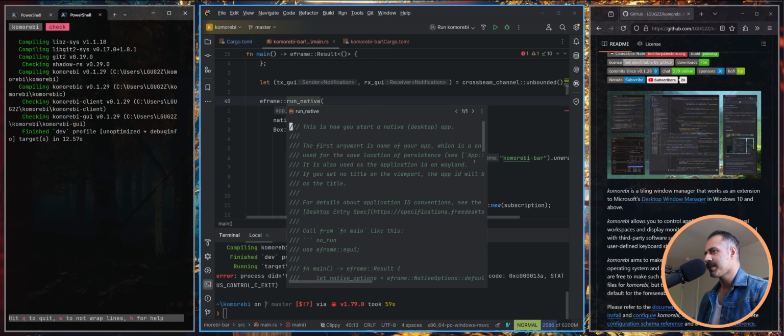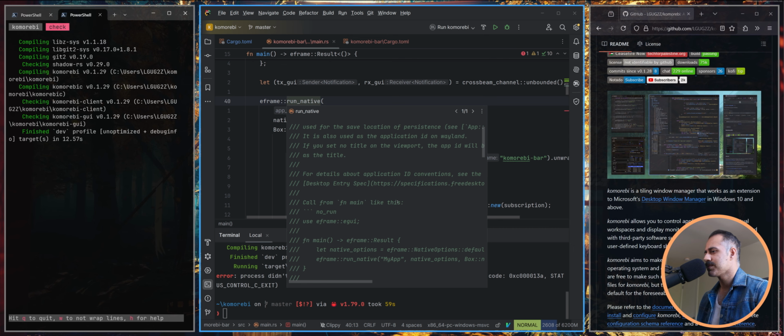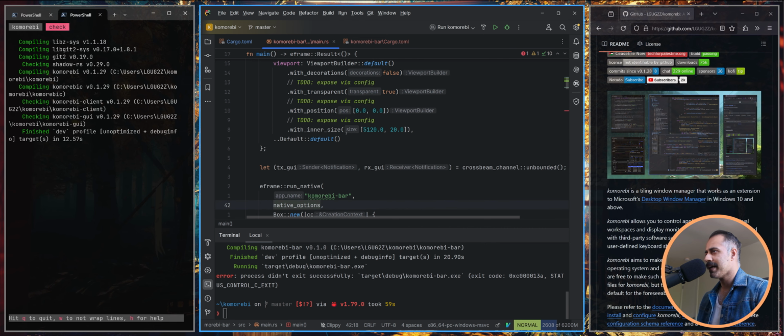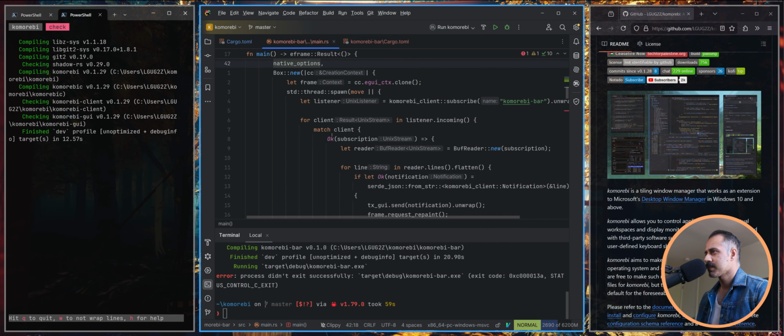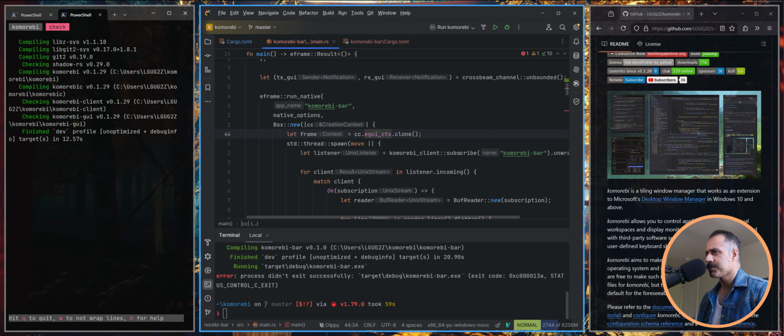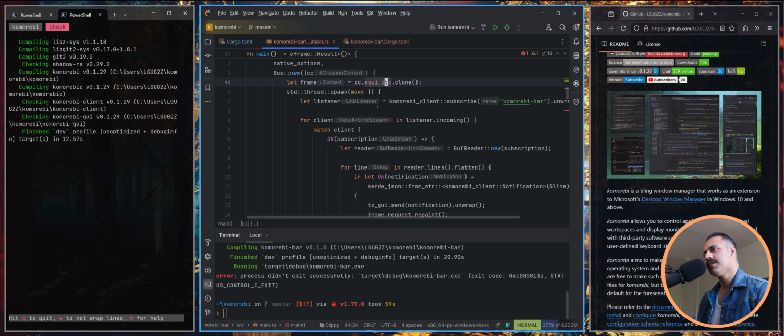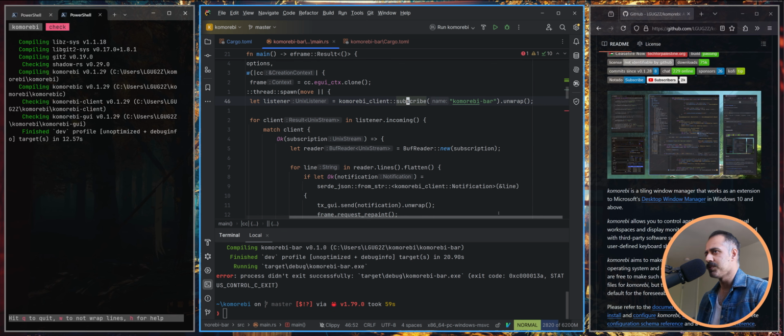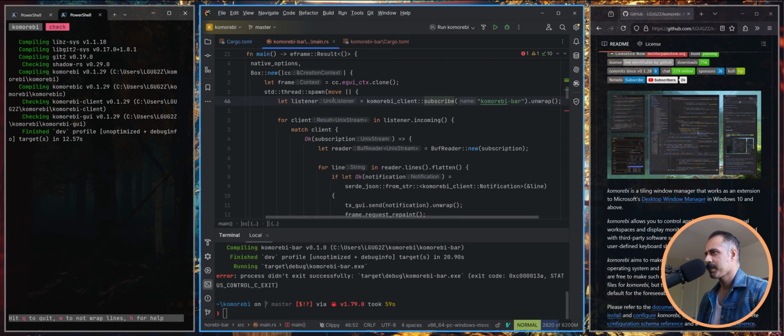The first argument is the name of your app, so it's just the entry point. So we pass our native options here, and we have the frame. We clone the frame for some reason, and then in a thread, we subscribe to komorebi bar, and for each notification that we receive, right, for client and incoming,